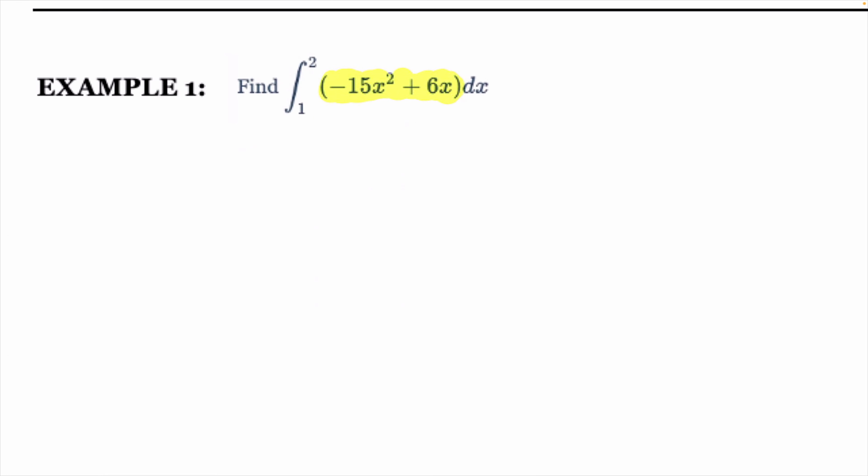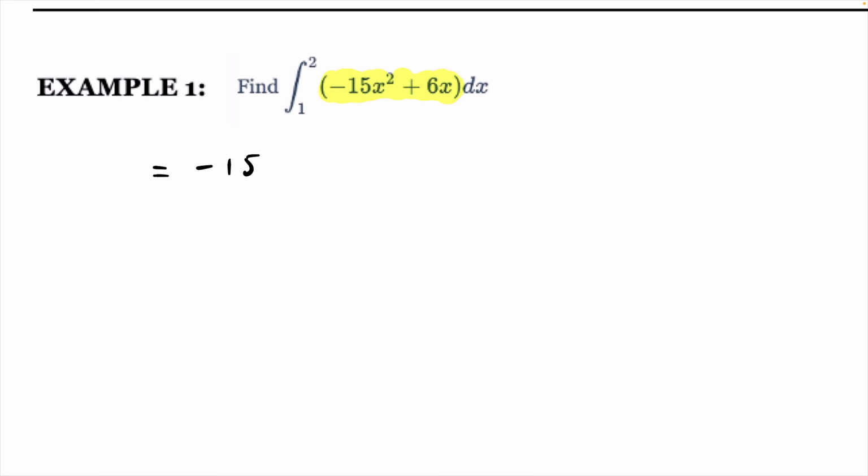This is the function, right? So do I need to use U substitution for this guy here? No, because it's just one function joined together by a plus sign. There's negative 15x squared, positive 6x. I don't need to use U substitution. I can just use the power rule, which I've been using since before you guys took the quiz, right? So the first thing I'm going to do is find the antiderivative. Add a power, divide by the new power, right? So we get negative 15,